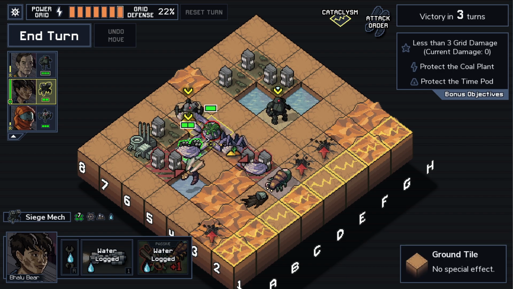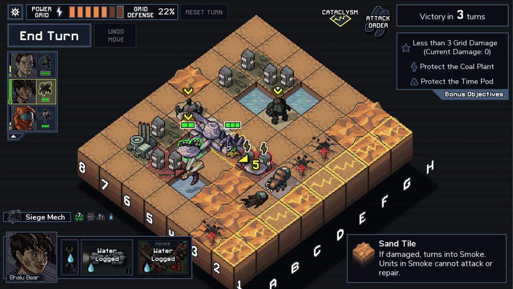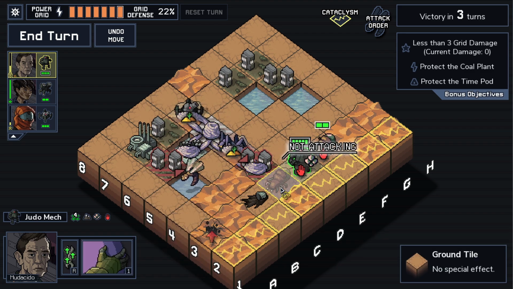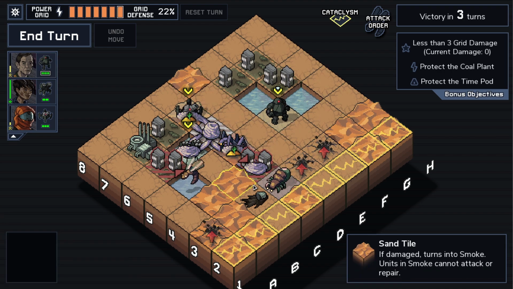I guess the spider egg is probably gonna live too, but maybe I can do something with the siege mech once we get him out of the water. I didn't want the leaper to move there though. I wanted him to move somewhere else. I could also kill the spider like that, blow everything upright,